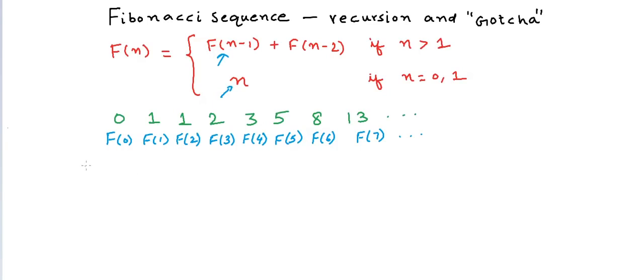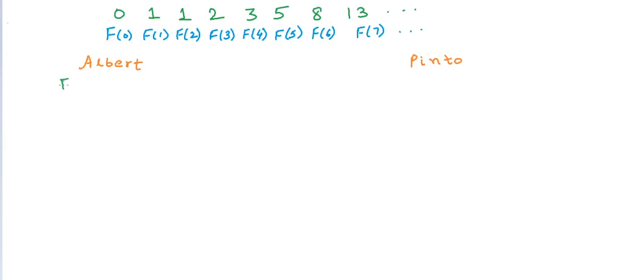Now, Albert and Pinto are two students of my code school, and they have both written programs to find the nth element in the sequence, and they have written two different solutions, and let us see what these two different solutions are. Albert writes a method fib that takes n as input and gives fn in the above sequence,